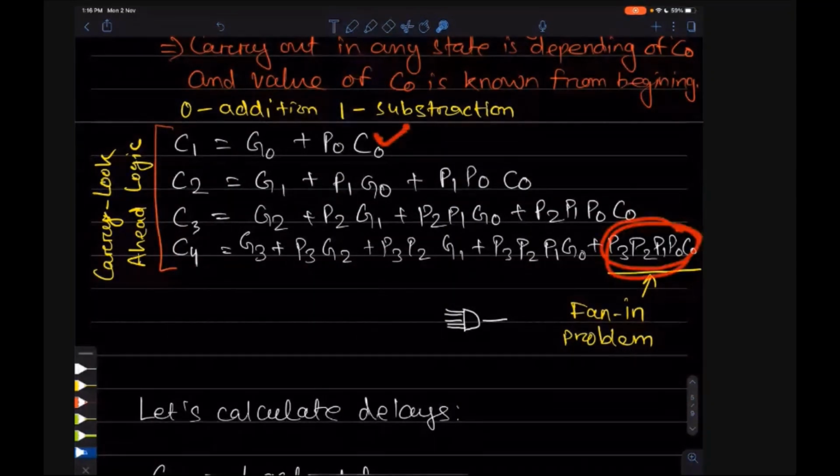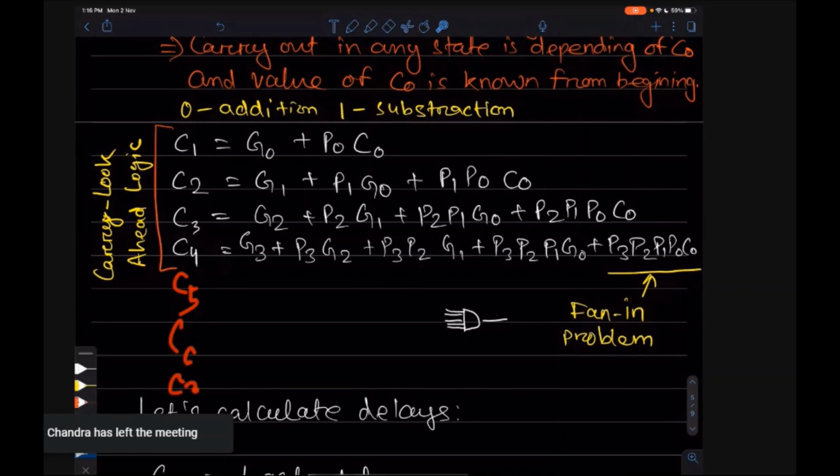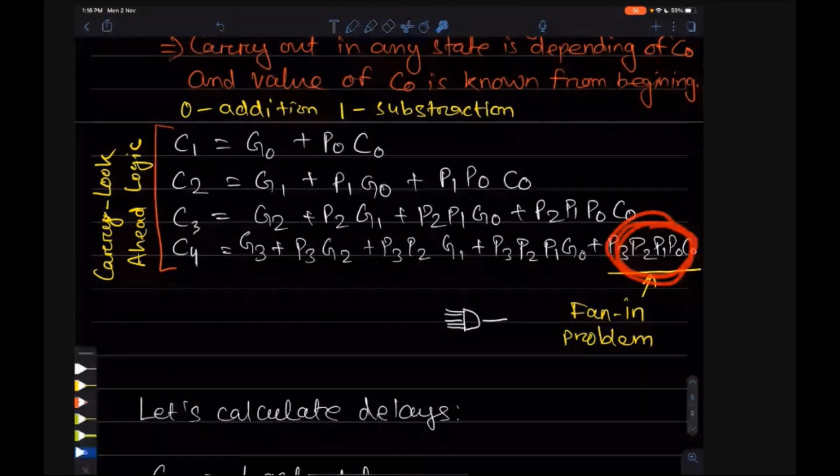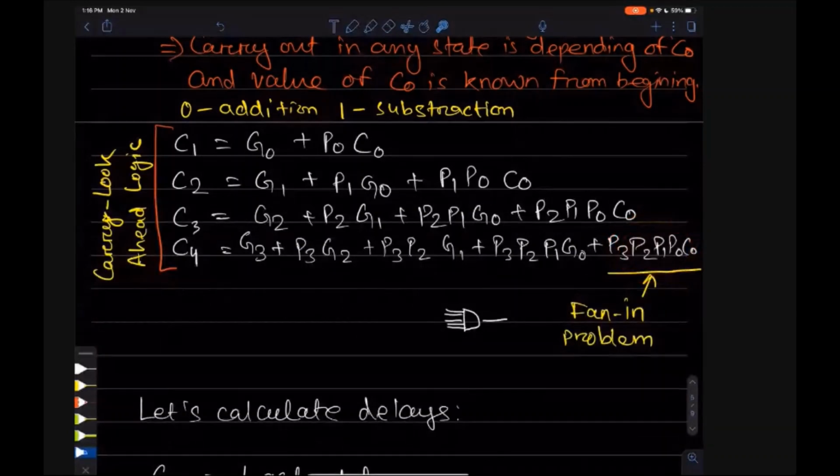First there are two inputs, then three inputs, then four inputs, now five inputs came for C4. And if you have a lot of bits, then there will be C5, C6, C7, and the number of AND operations will increase at the last term. So that's why we will not take big numbers.